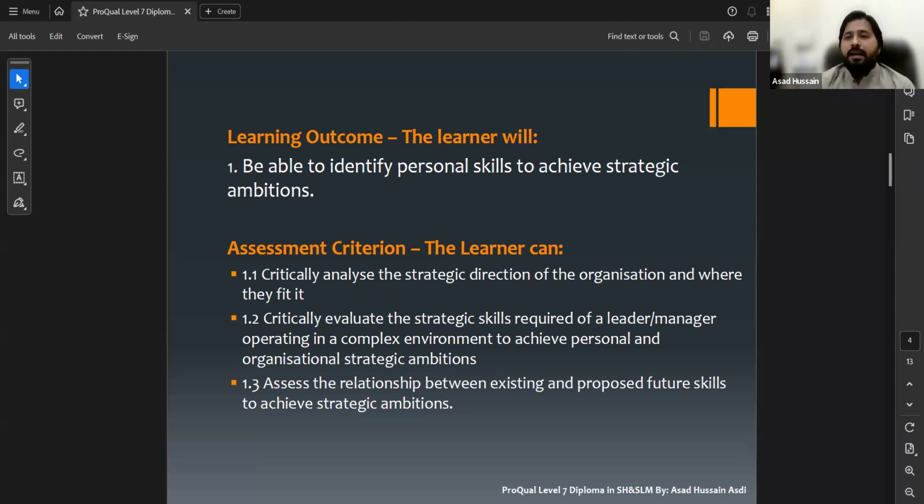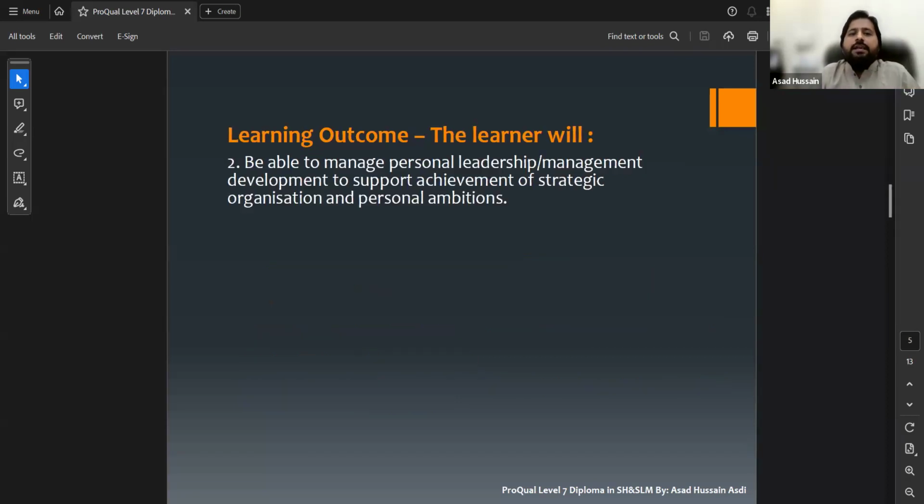Still that assessment can be used as evidence of this assessment criteria. So now we have finished learning outcome 1. Now moving forward to learning outcome 2.